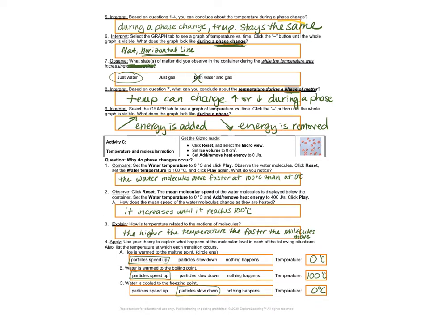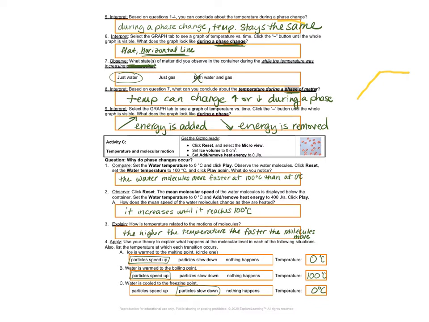Interpret. Select the graph tab. So you're really going to need to look at the graph and do what this says to see that. But during a phase change, you could set it up for boiling, since you would have already done that in the previous question. So the water was heating up, and then the water stopped heating up and it was boiling. And so while it was boiling,